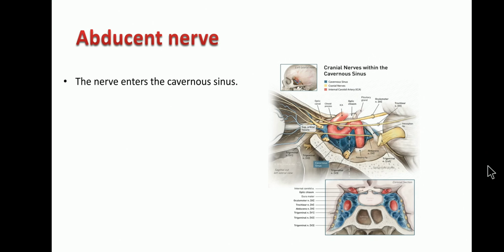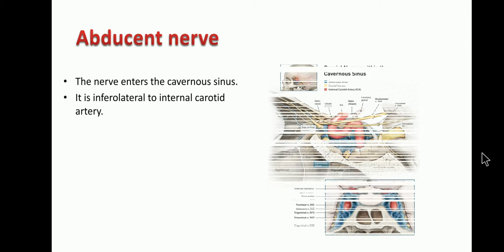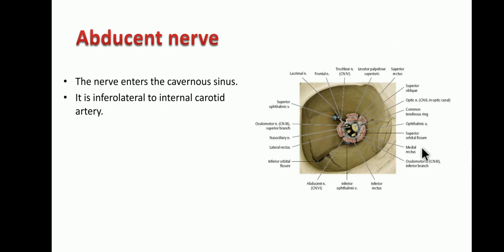So then I told you it enters within the substance of the cavernous sinus, and then it is inferolateral to the internal carotid artery. Then it enters the intermediate compartment of the superior orbital fissure. So it enters the intermediate compartment of the superior orbital fissure between the 2 divisions of the oculomotor nerve, and laterally what happens is